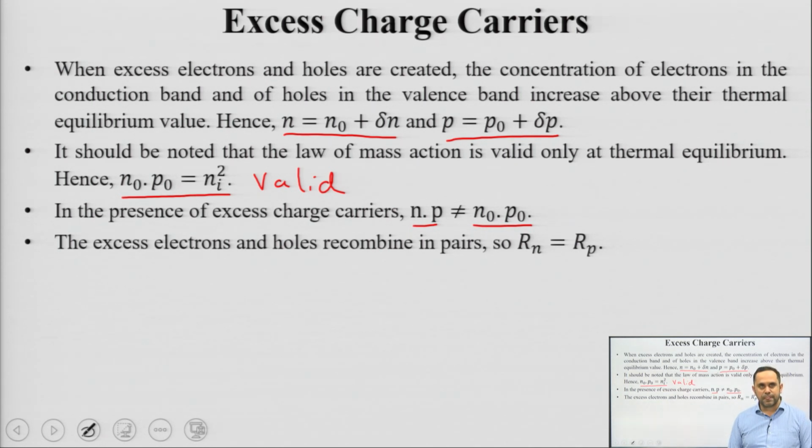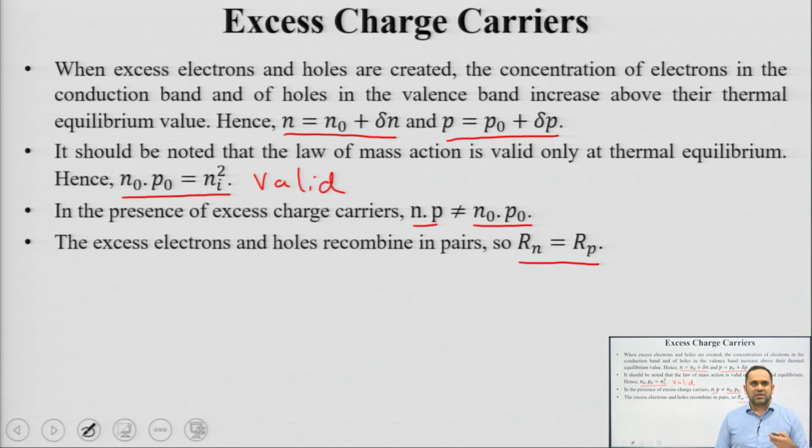The excess electrons also recombine. For the direct case, these excess electrons in the conduction band come back to the valence band and recombine. That is referred to as direct recombination. The rate at which they are generated is equal for electrons and holes, and the rate at which they recombine is also equal for electrons and holes. Electrons moving from valence to conduction band is generation. Electrons moving back from conduction to valence band is recombination.